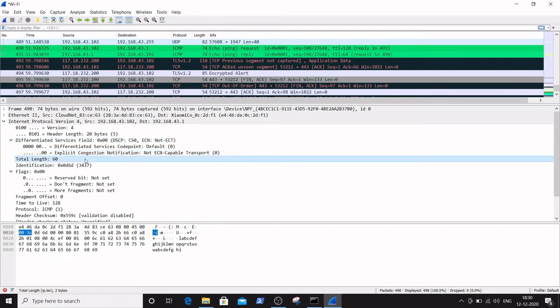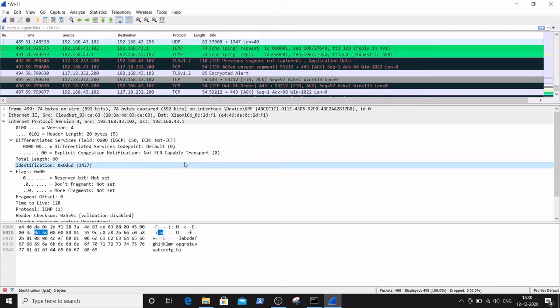And here is the total length, that is 60, highlighted in the data view window in hexadecimal numbers.